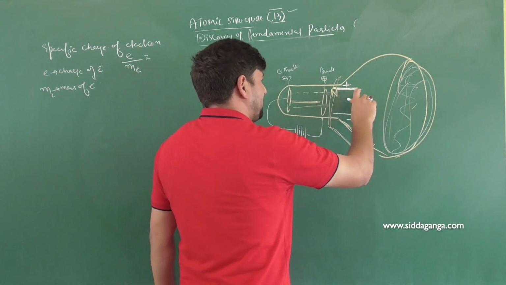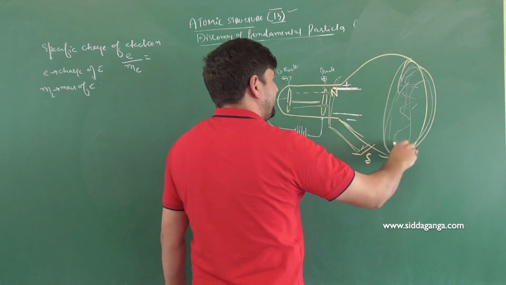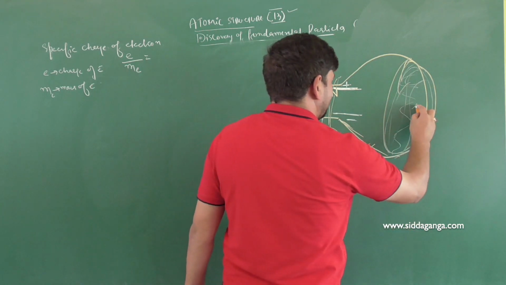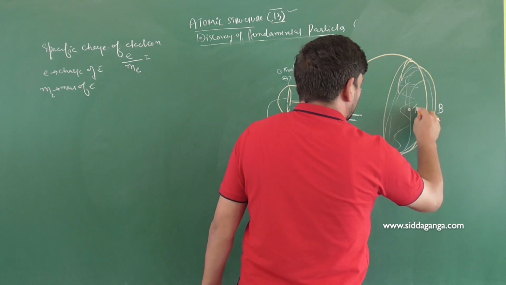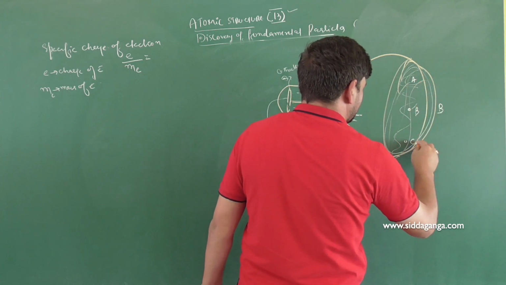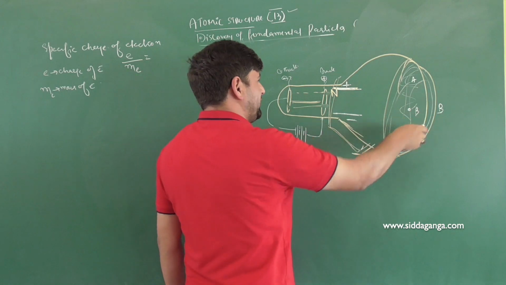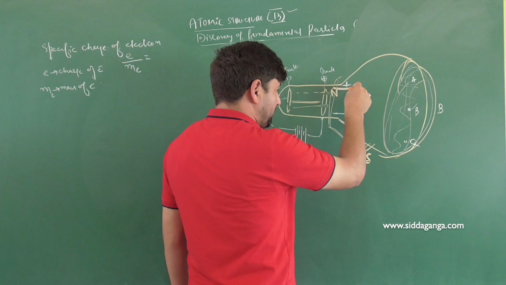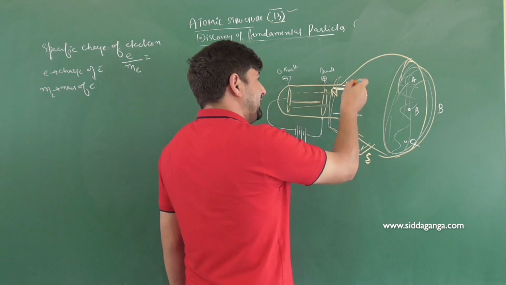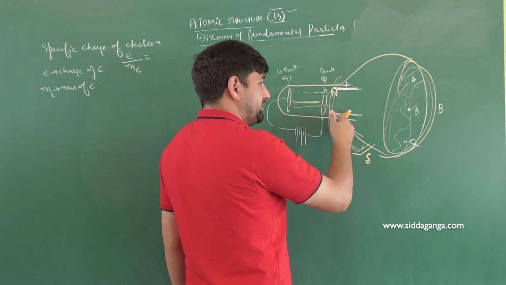So we have three regions. What will happen to these particles? Will they pass through and remain undeflected? They will hit at a particular spot. Say this spot is B, this one is spot A, and this one is spot C. First the electric field was put, then the magnetic field was put, then the electric and magnetic fields were balanced.